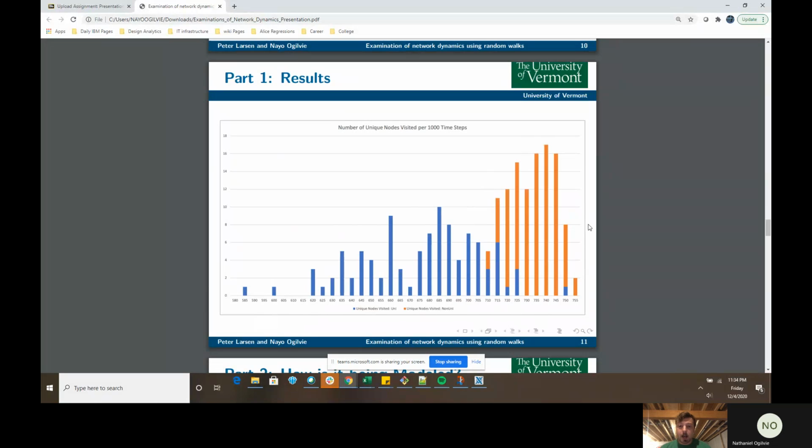So as we can see, the uni runs were more spread out over a wider range, and the non-uni runs are very highly clustered towards that high end, over 700 unique nodes visited of 1,001 possible nodes to visit. So that suggests that